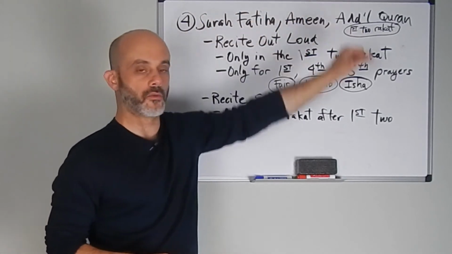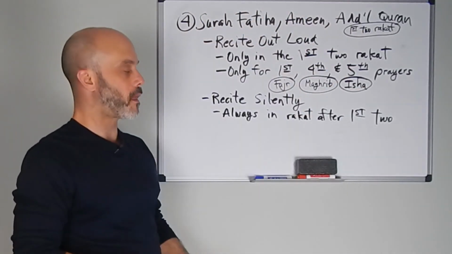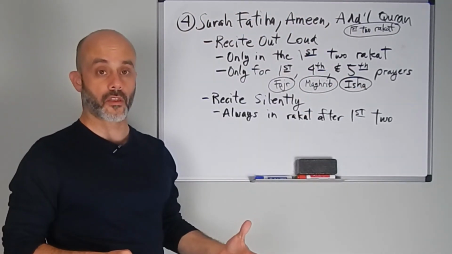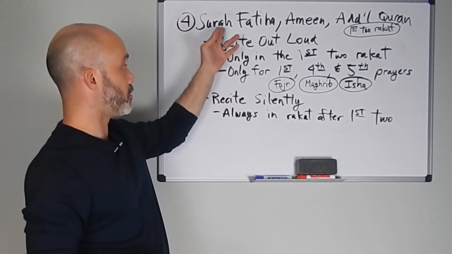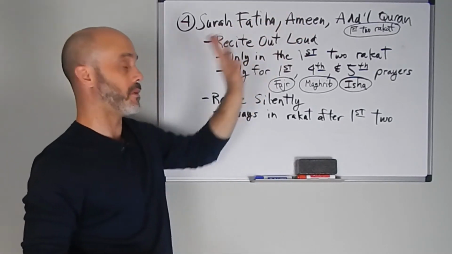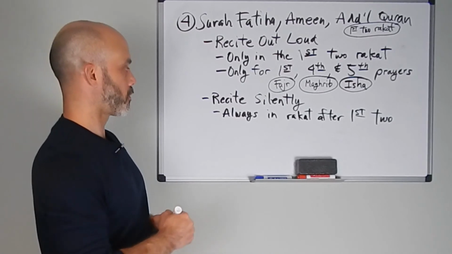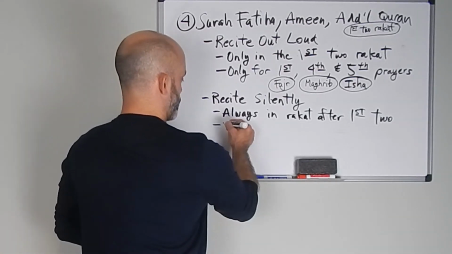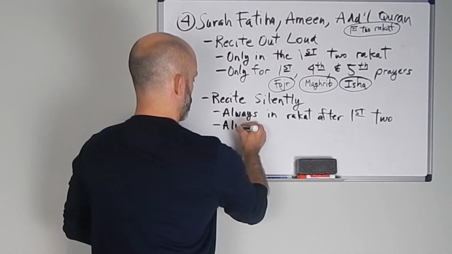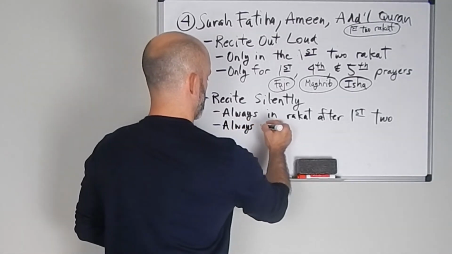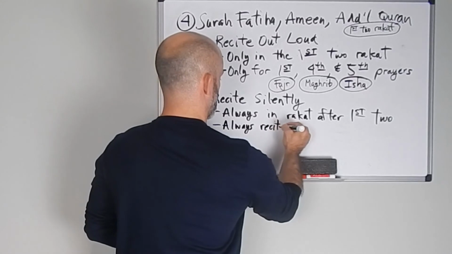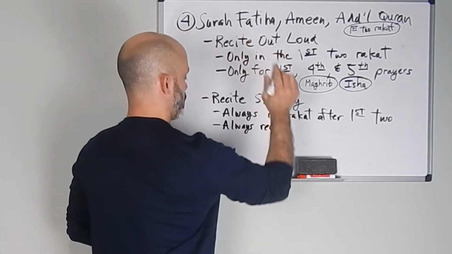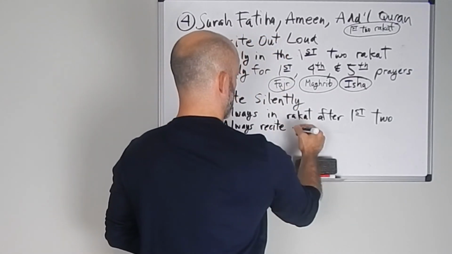This part you recite always silently. And also, if you're in the 3rd and 4th rakat, then you will be reciting Surah Fatiha and Ameen only. In addition to that, you always recite Surah Fatiha, Ameen, and additional Quran silently